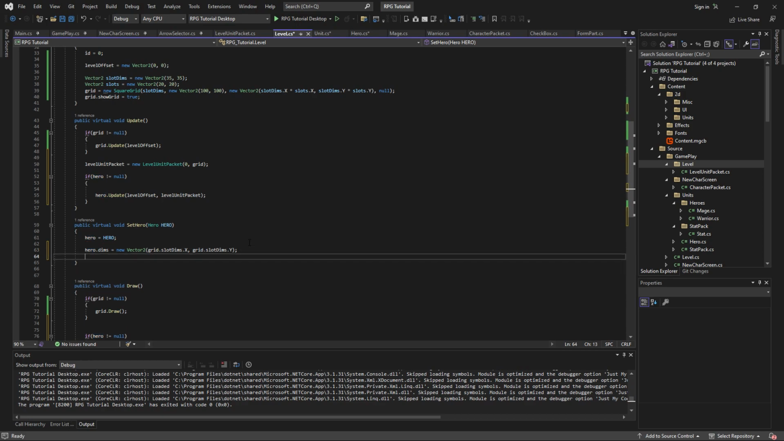Do we have to do it that way? No, of course not. But for this purpose, it's going to be good to fit it to the grid. We can deal with the images overflowing the grid later if we want to. And then where does the hero go? Well, hero.pose equals